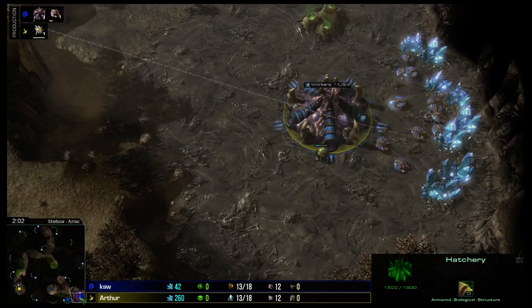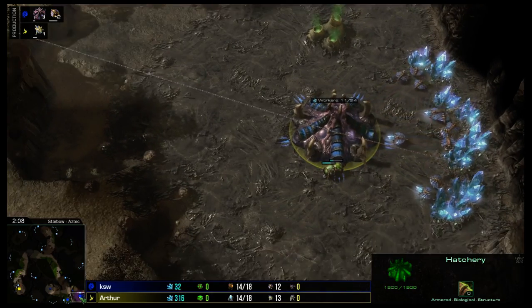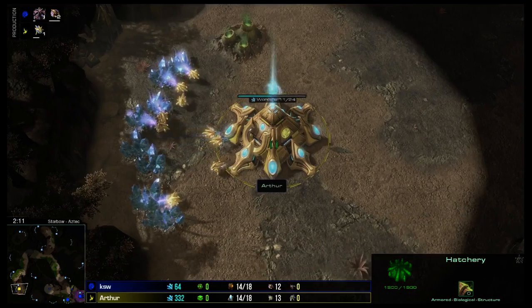Okay, see, this is a good position for KSW to be in. He's spawned on the bottom right side, and our yellow Protoss opponent...